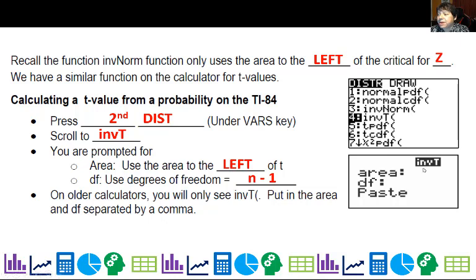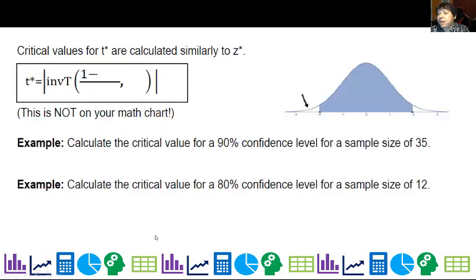All right, so you'll see area and degrees of freedom. If you have an older calculator, what you'll see is something like inverse t with the parentheses. Just put left area, comma, df, and you have it there. All right, so critical values for t are calculated similarly to z. Basically,